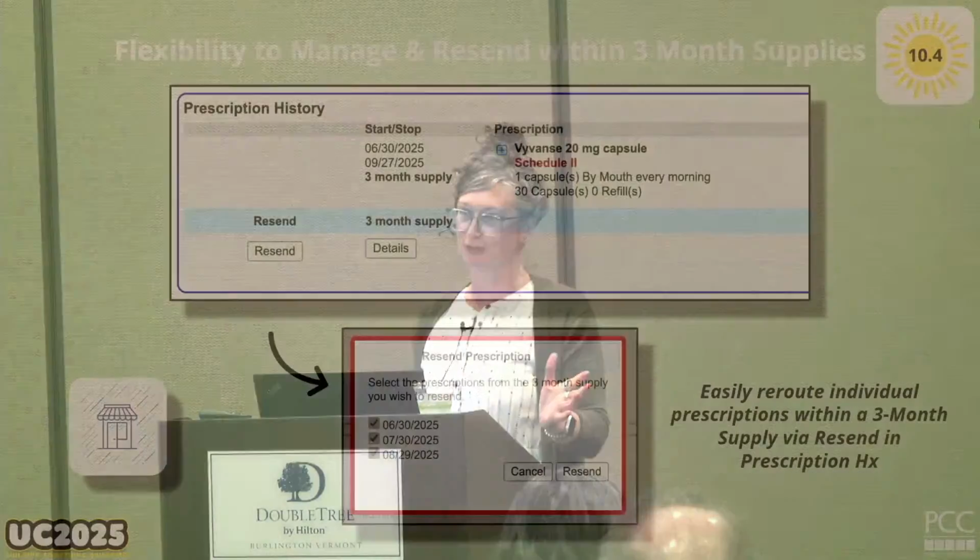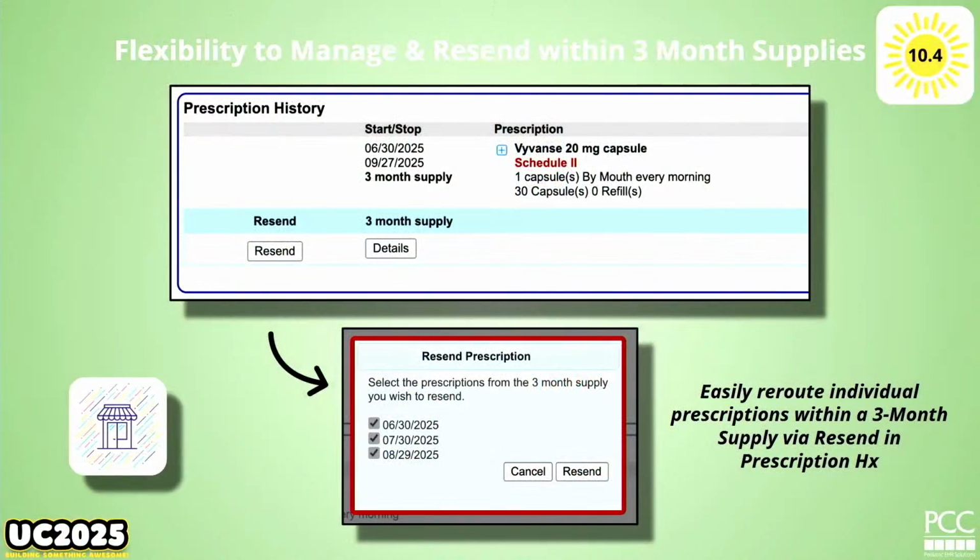So don't forget, if you really want to resend the whole trio straight up within the first couple days, just do it. Don't stress about it. But what if we get 30 days into the future? You were stuck right now. In the 10-4 release this fall, you'll go to prescription history because it's going to be the easier place to find these. Click on resend and you'll see all 3 of those dates.